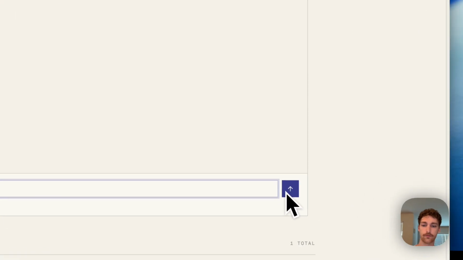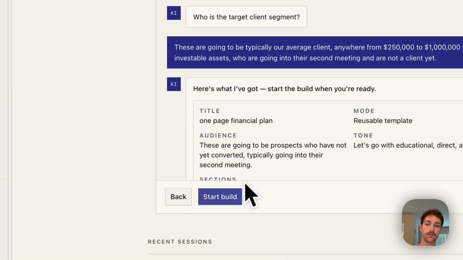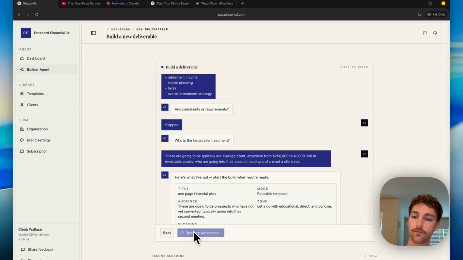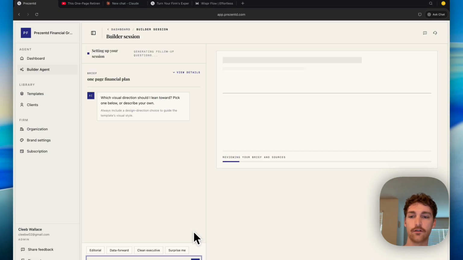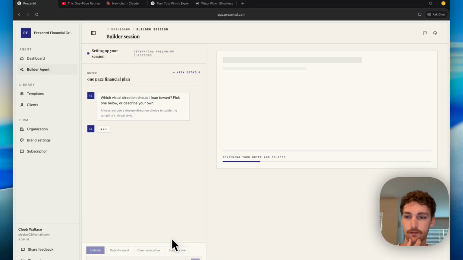So I've already kind of pre-filled this, but we'll do one-page financial plan. Once you do that, you'll get through all the questions and then you can start the build. That's going to take you to a workspace page where the agent is going to ask you just a couple more follow-up questions to get a better idea of how to build this for you. It's going to ask you just some styling questions as well. So for this one, I think we're going to go with probably the editorial